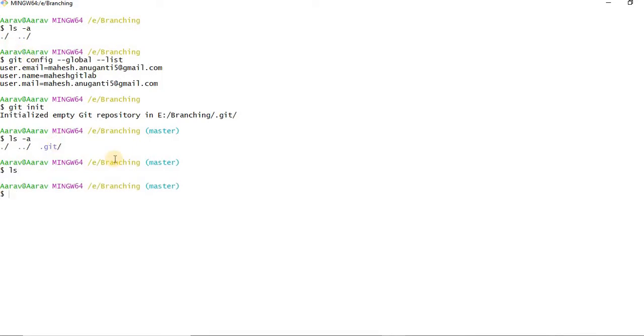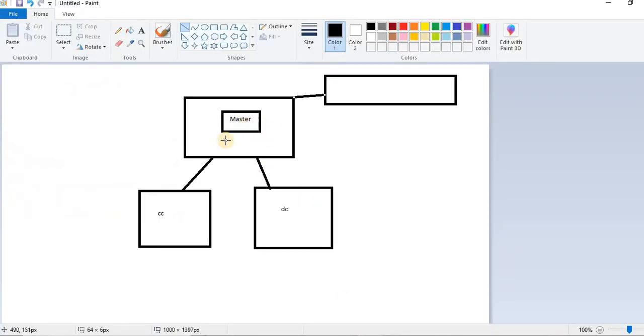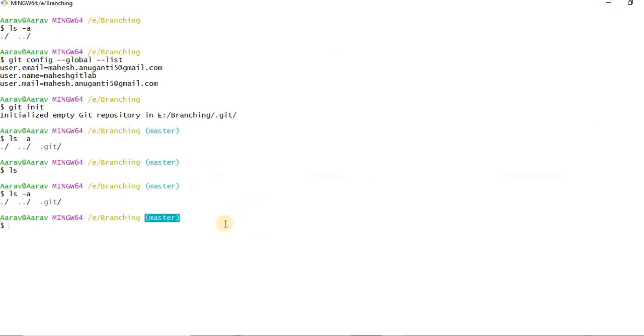I don't have any other files here, not even hidden files except this. If you observe, you are seeing master. This is called the master branch, and this is the place from where we are going to push the code to the remote repository. So let me quickly create some files first.